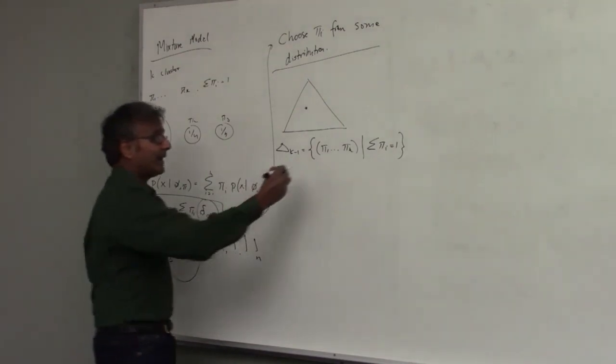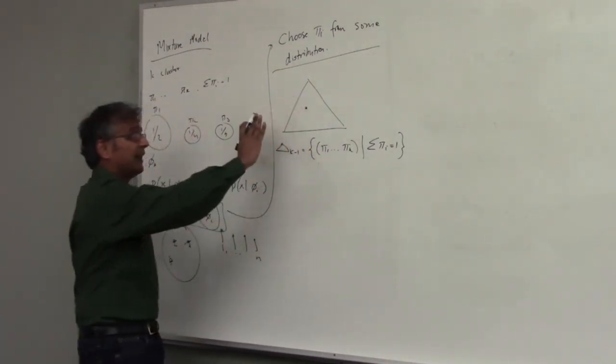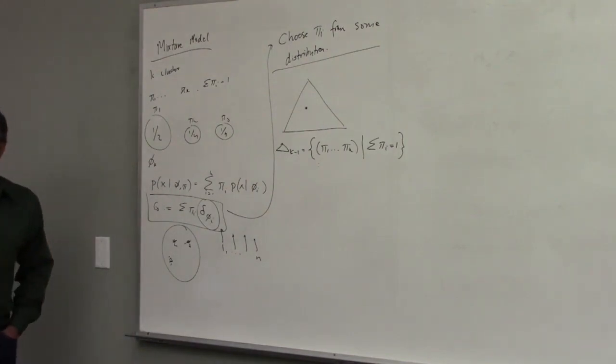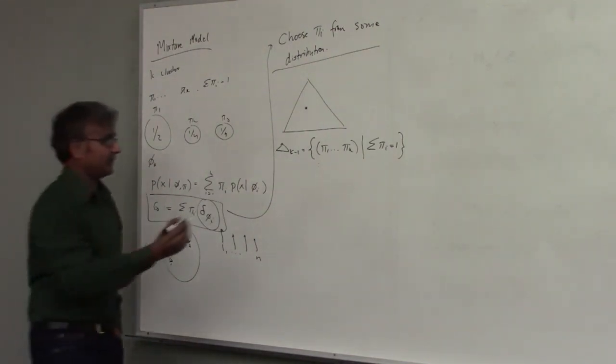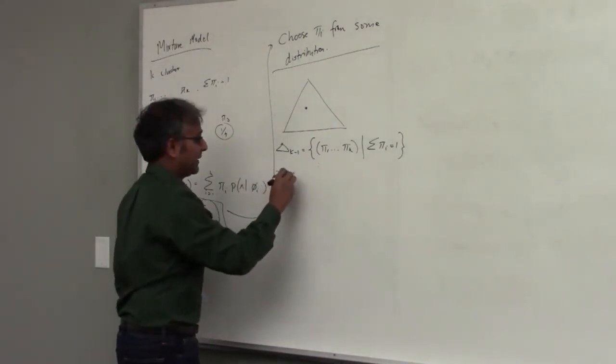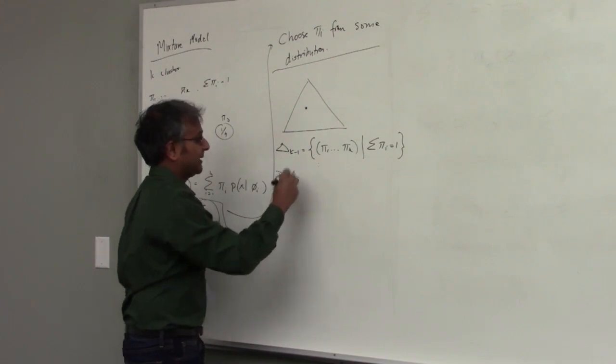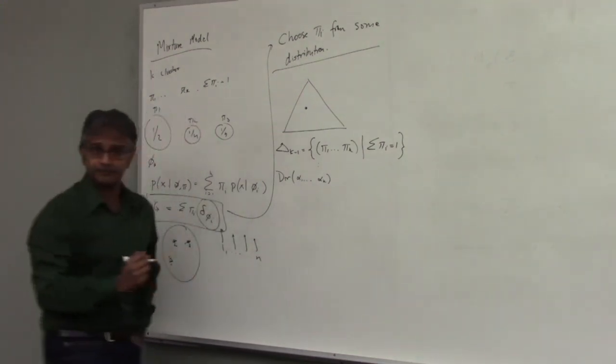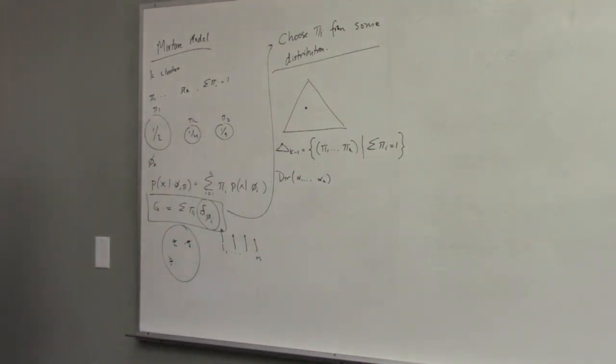And then once we do that, we can now define a distribution over these that we can sample from, and that is the Dirichlet distribution. So the Dirichlet distribution, with parameters alpha 1 up to alpha k in general. There can be many such pi's in the delta k minus 1 set. It's an infinite set.